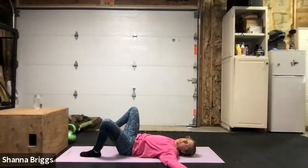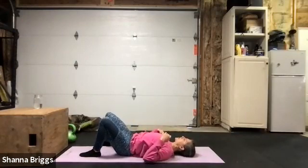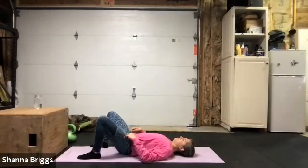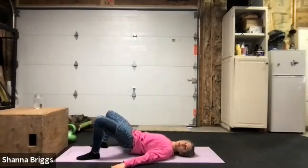Once you finish both sides, we're going to set the feet. We're going to do a few glute bridges. So feet about the width of the mat. Readjust those shoulders as needed to keep them underneath your body. And then you're just going to go about 5 reps here of a glute bridge. So just take your time, rolling the hips back, flattening the low back into the floor,